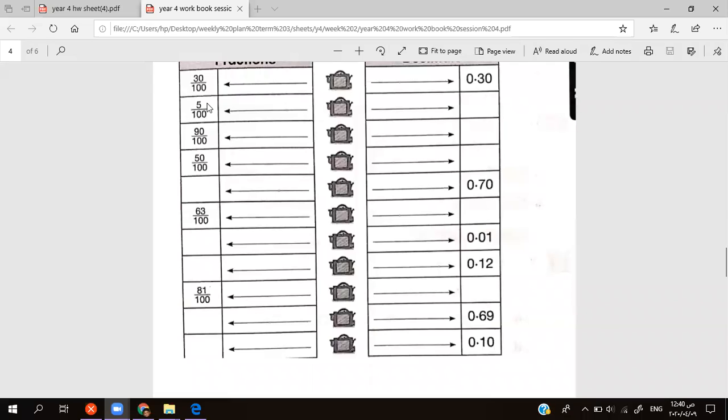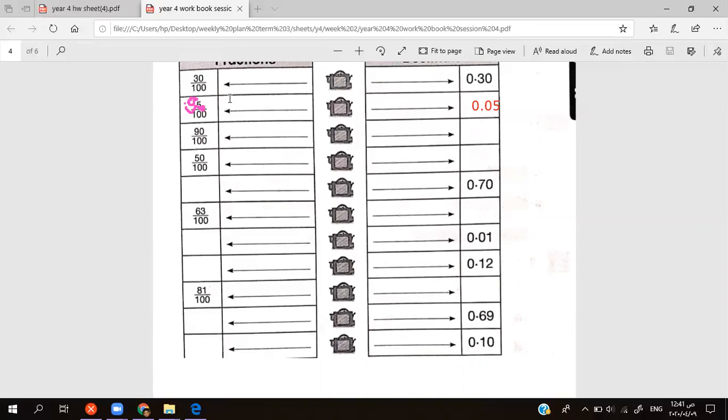Okay, so let's turn 5 over 100 into a decimal. It's very easy. I'll move two places because it's divided by 100. So 1, 2 with my decimal. Definitely I'm gonna put a 0 here. So my answer is gonna be 0.05. Okay,